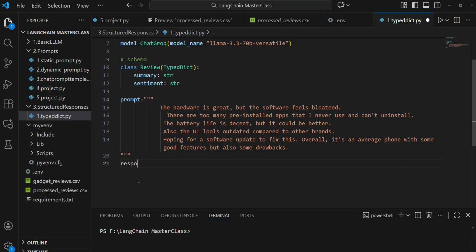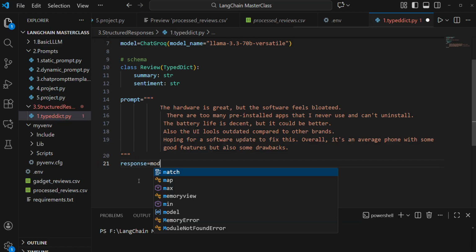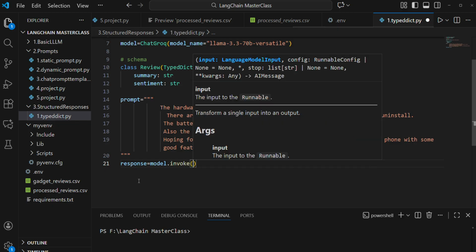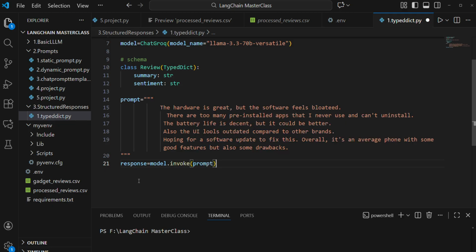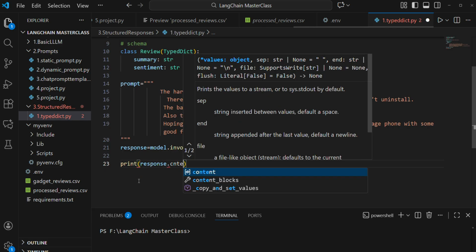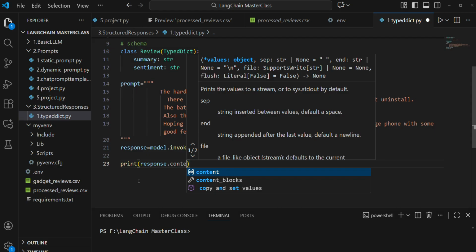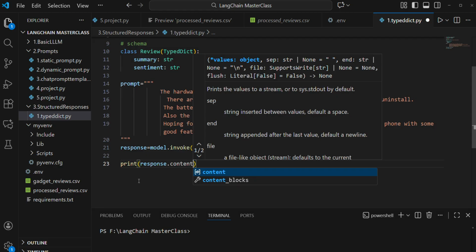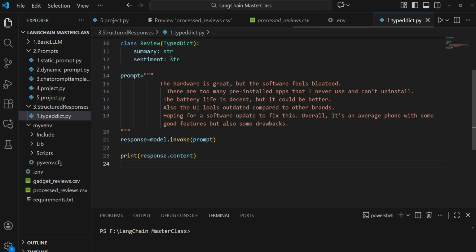So let me directly call this model. So model.invoke and then pass our prompt in this and print the content of our response. So if I run this,